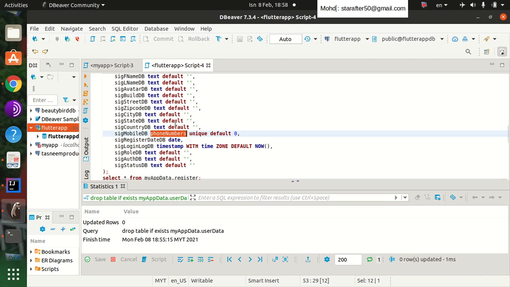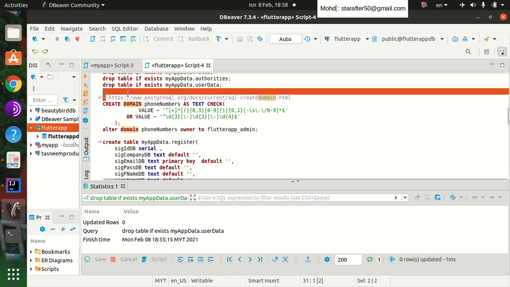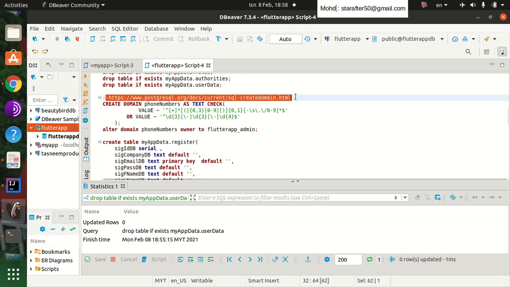So the best way to do that is to use a domain. You can get all the details about it in the Postgres manual, under SQL CREATE DOMAIN. A domain, in general, gives you more control over the data that will be persisted in the column. So you can have another checking layer